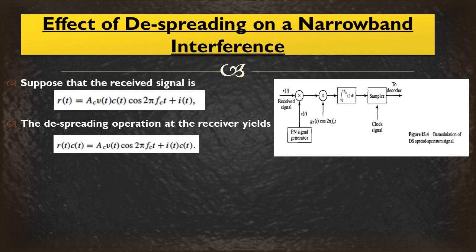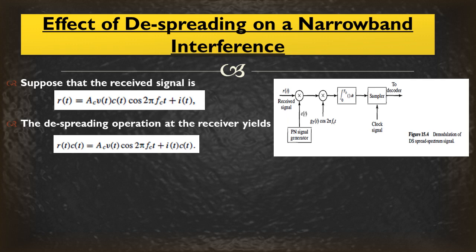Right? Only the low pass component will be passed. So that is A_c V(t) cos 2πf_c t will be demodulated, and because V(t) is basically plus 1 or minus 1, this is basically a PSK signal. It's a PSK demodulator. We get back the original signal within the bandwidth of R hertz. That is the original bit rate. That means we get back the original bits in the output with the bandwidth of R hertz.